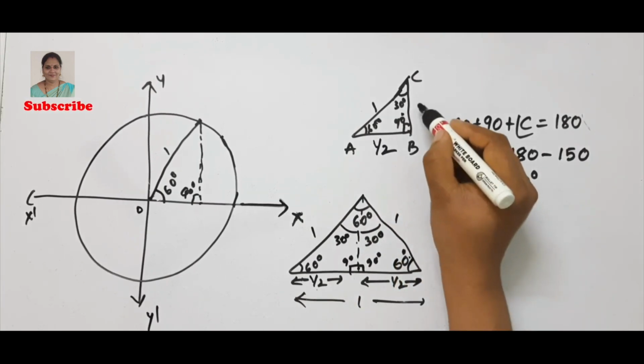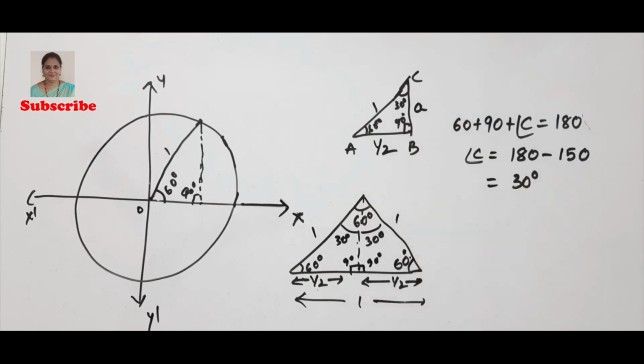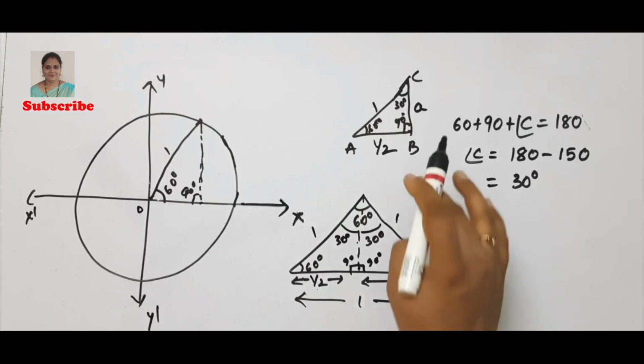Now we have to calculate the length of this side. Let us take it as A. Using the Pythagoras theorem, we have to calculate the value of that length. The calculation is quite similar to what we have done in the case of 30 degrees. Here for 60 degrees also we have to take an equilateral triangle of length 1, draw a perpendicular, separate it into two triangles, observe which triangle it is similar to, and get the values of this triangle.